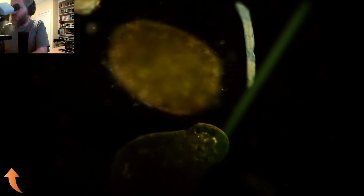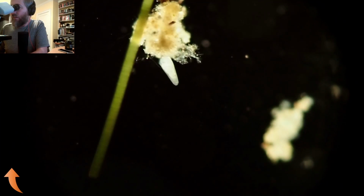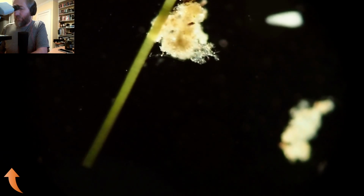That is a worm. And that's a cool looking ciliate. Gonna get sucked off the edge if I'm not careful. Right over against the edge. There's no cover slip on this sample, so